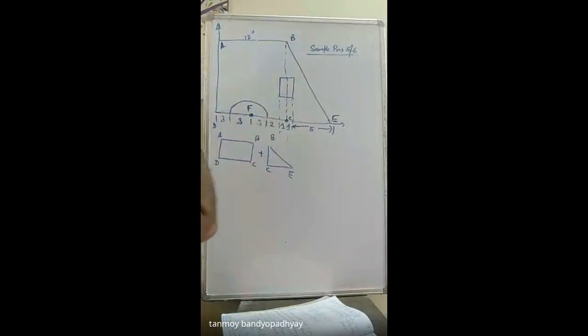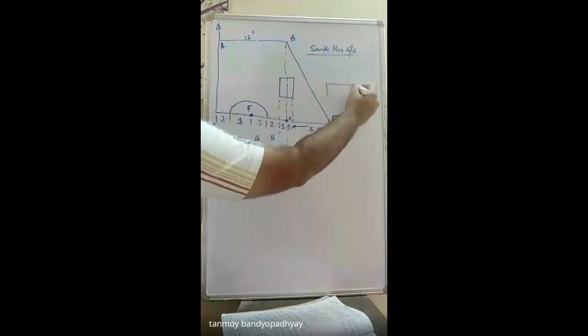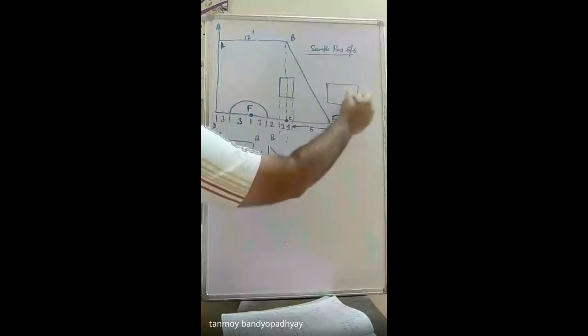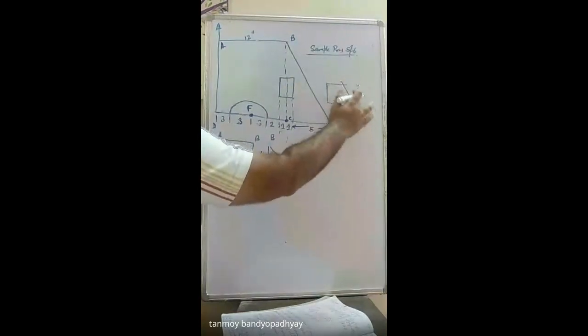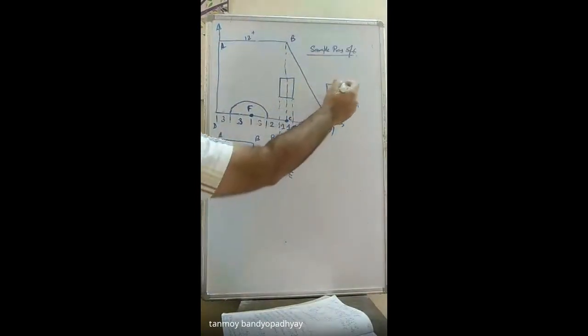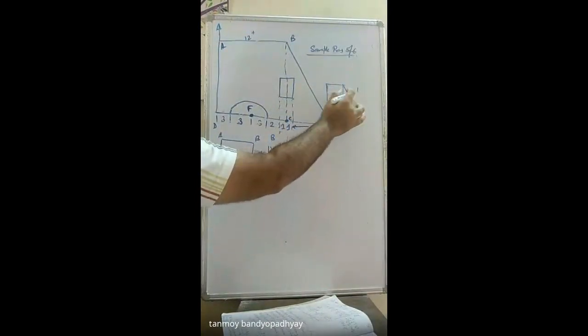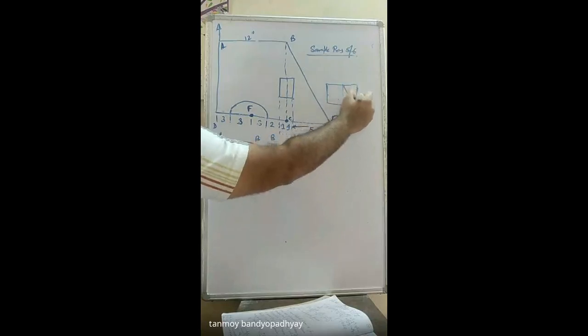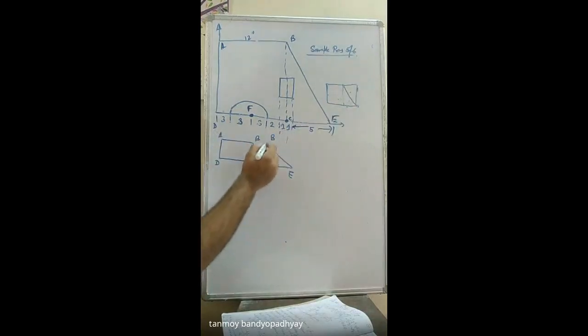We can also consider it like this. It may be a rectangle like this and a triangle like this that goes out. Either addition or subtraction, whatever you feel like. Either you can do an addition, this plus this, or a subtraction of a bigger rectangle minus this triangle. We are choosing the simpler one. So this is rectangle 1, I am calling it figure number 1 or shape 1. This is plus shape 2.